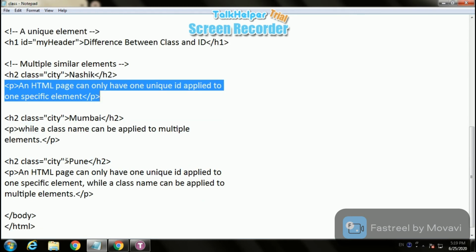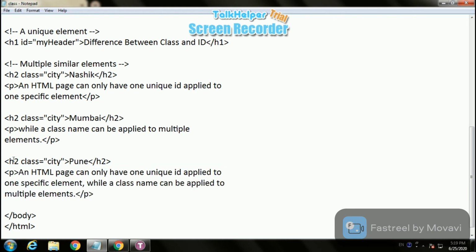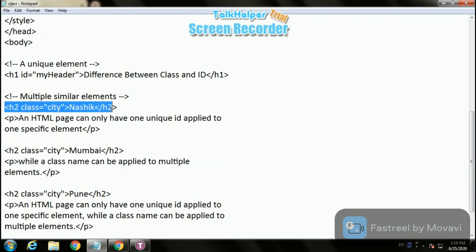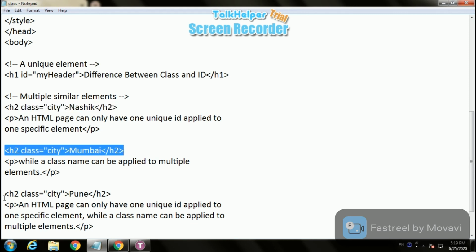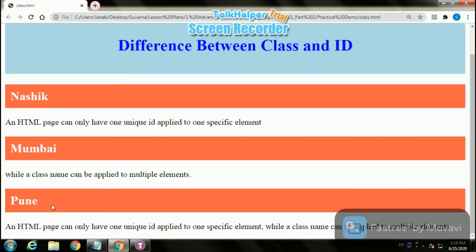Then the third city is Pune, again having the class as city, and then some information provided. The above two P tags are combined here, that is only for information. Okay, that means here we used the same effects for Nasik as well as Mumbai as well as Pune, and you will have the output like this.